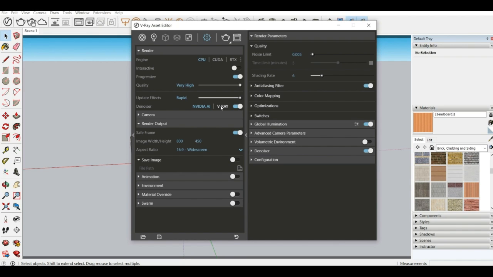So I'll just tell you some basic things like quality, denoiser, that's more than enough for the settings. So don't go that much in depth with the settings. As soon as you get more expert in using V-Ray and SketchUp, you'll be able to distinguish what kind of settings you need. So now I'll just close this window,